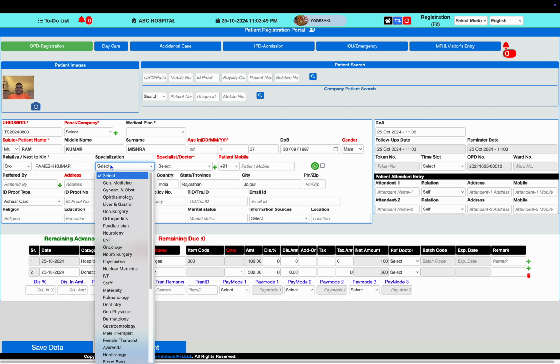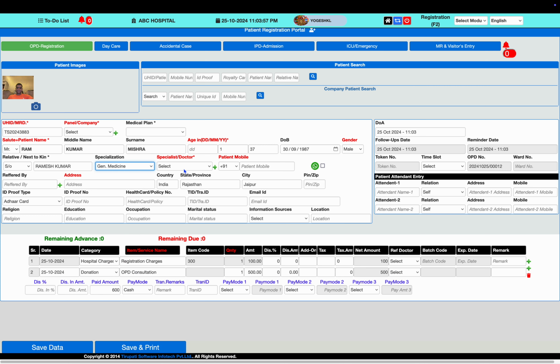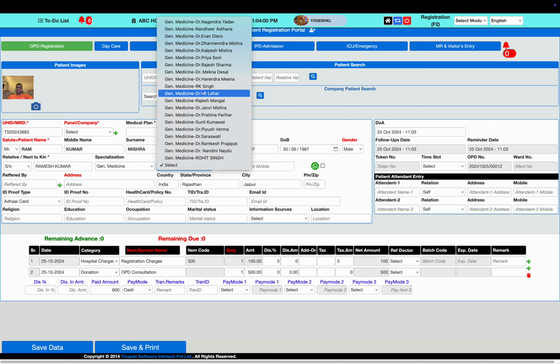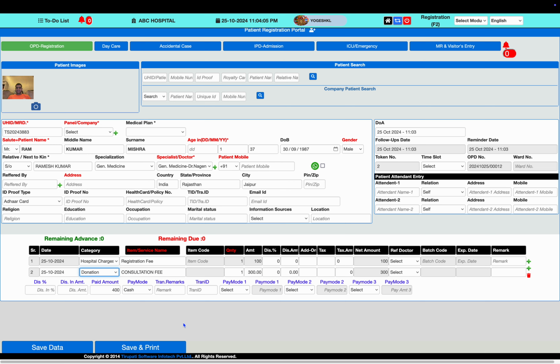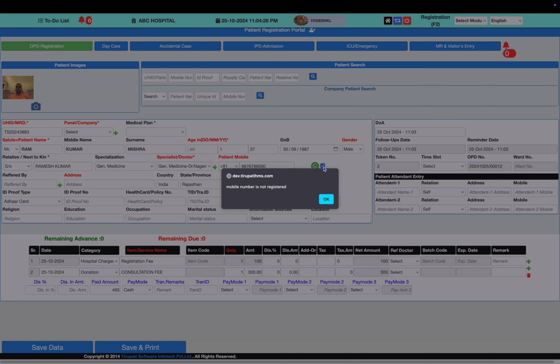And to whom the patient wants to see, like general medicine, orthopedician, ENT, pediatric, like that. So we can select the respective department and the system will fetch the respective department-based authorized doctor, and the consultation fees which have been defined in the master, time and day wise, will be fetched by the software when creating a new patient entry. If the patient is a follow-up entry, no consultation fees will be applicable. Here we can also input the patient's mobile number, and the system can send a WhatsApp message if you check the WhatsApp mark for generating.